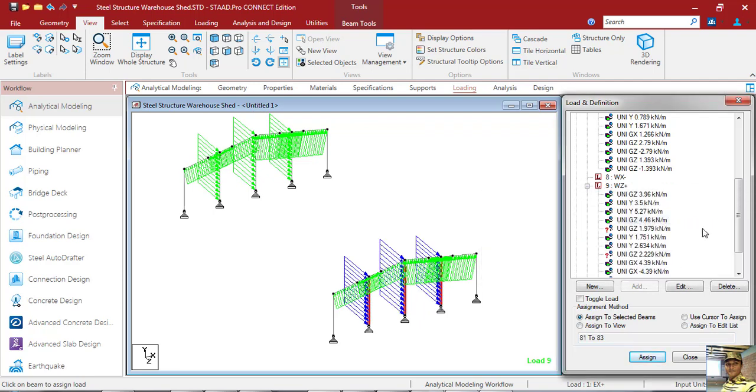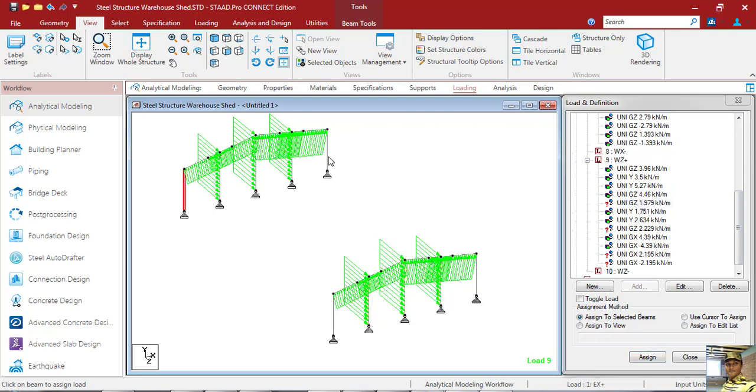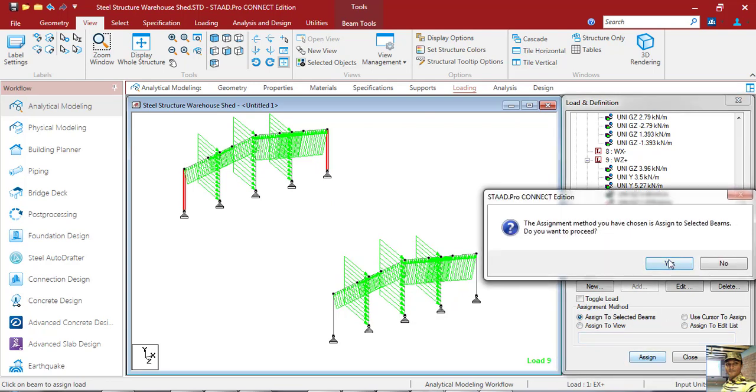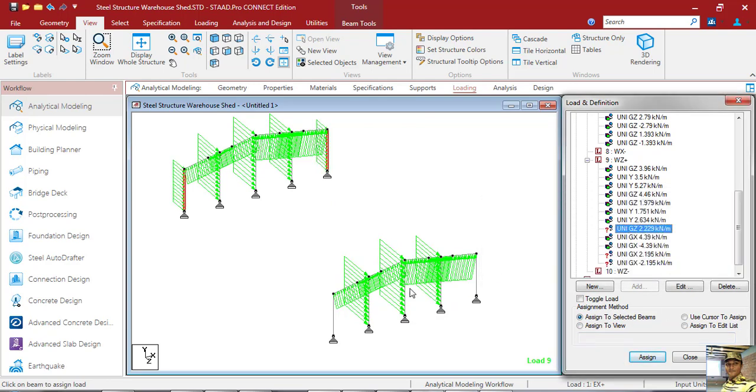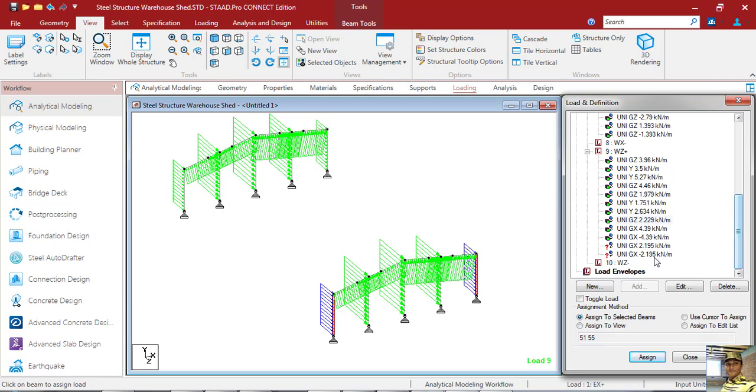And this is column windward wall, assign to selected beam, assign, yes. And that is leeward wall and end bay. Assign to selected beam, assign. Yes. Now we will input the